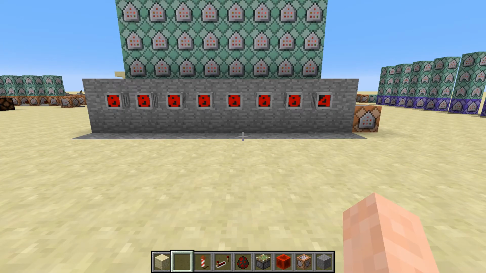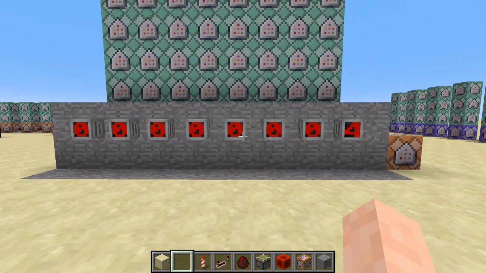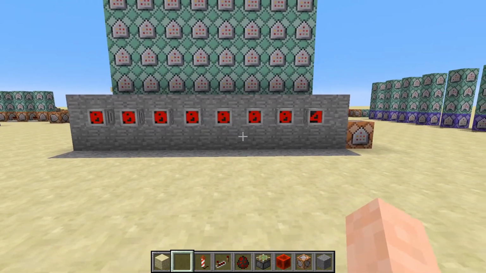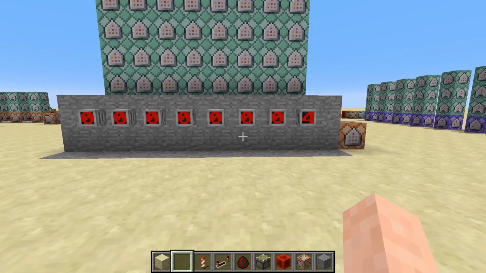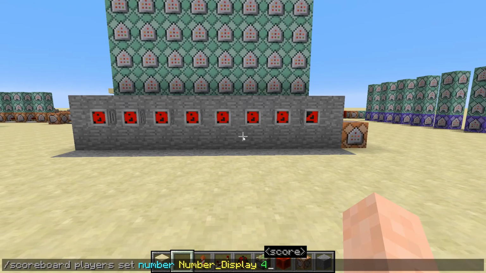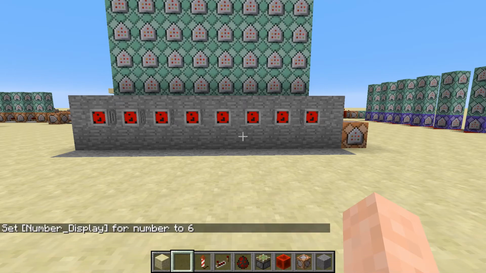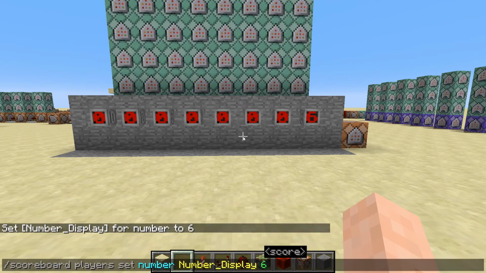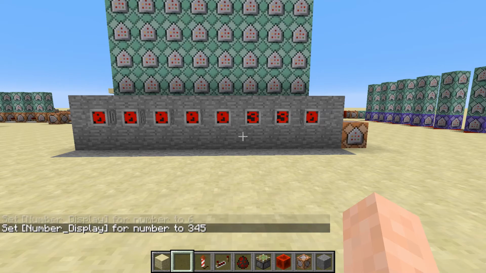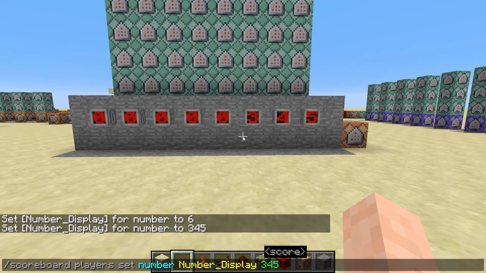Is Exxabite, and today I have created a digital scoreboard display. What this does is it will display the value of a scoreboard. So if I change this to 6, it'll show 6. If I change this to 345, it'll display 345. And this goes all the way up to 8 digits. We can do, let's see, 1, 2, 3, 4, 5, 6, 7, 8, and then